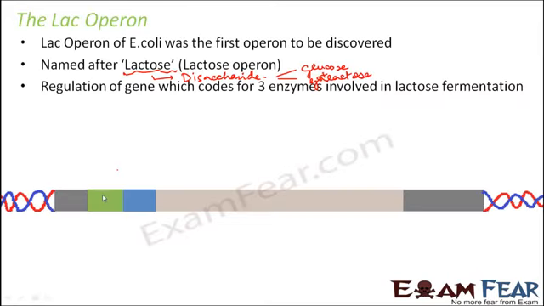So here if you look at this figure, you can see the green color region. This is the promoter for Lac Operon. This region is the operator. And then this region which you see here is the structural gene. Now in this region of structural gene, there are 3 genes present and these genes are responsible for the production of the enzymes. So let us suppose gene 1, 2 and 3. We will see what these 3 genes are and how they are responsible for coding for the proteins which act as enzymes for lactose fermentation.